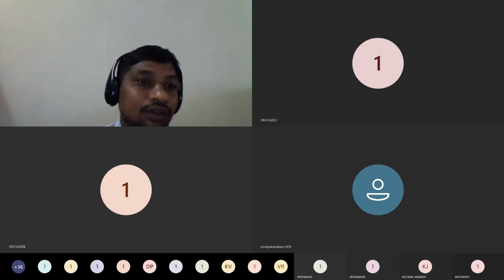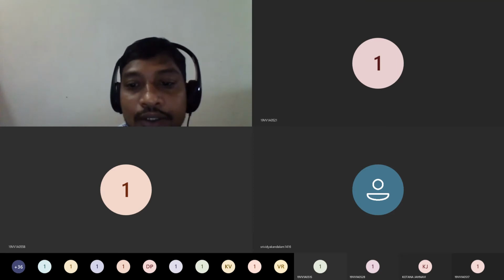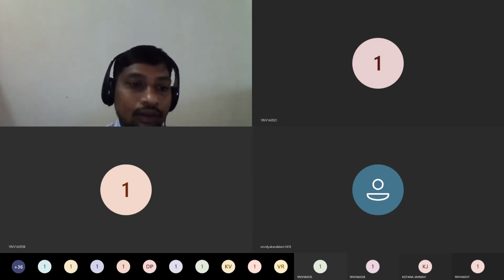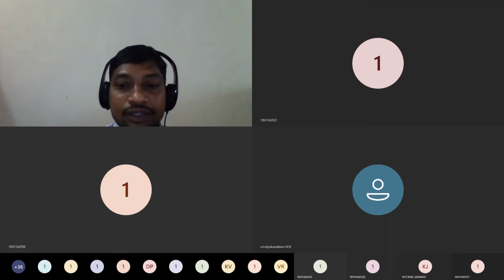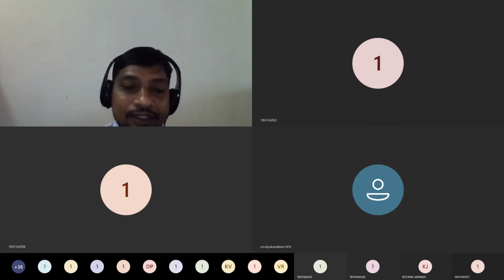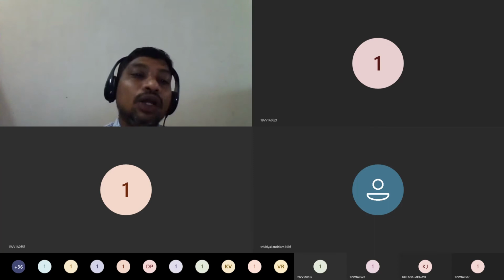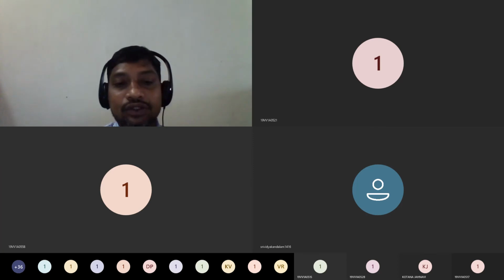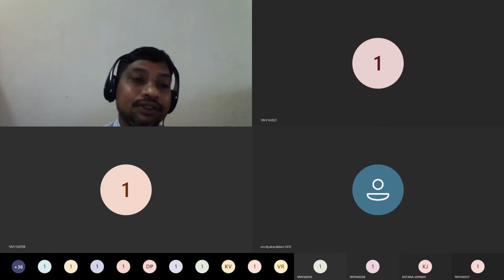Now look at the sequence. Taking the sequence from the first inserted to the next one, like 1 2 3 4 5 7, followed by 14 15, followed by 123. That will give you the sorted list. So this is a very simple logic, but one thing is you need extra space. If you want to implement this radix sort, you need extra space. You have to create these buckets.